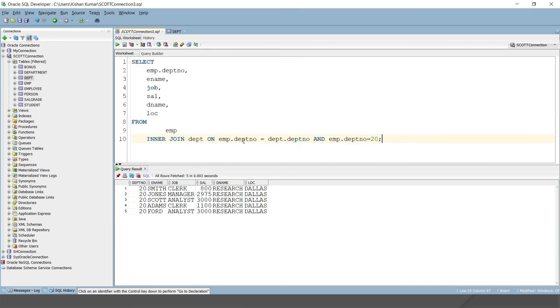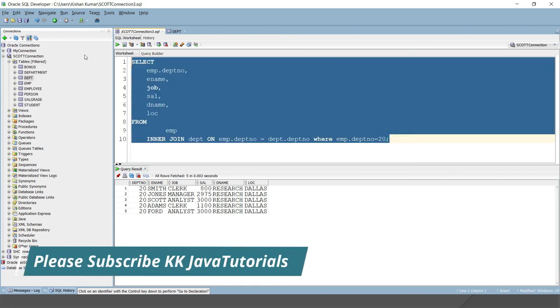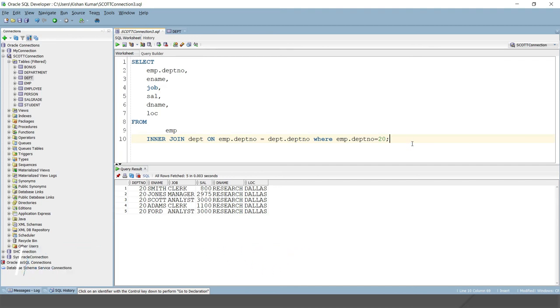So here you can have more than one criterion as well. Or, without putting it in the ON clause, you can also put a where clause, where emp.deptno equals 20. This is the more appropriate way to write the query. So guys, this is called inner join. You always have to write the words inner join, and you have to put the condition in the ON clause.